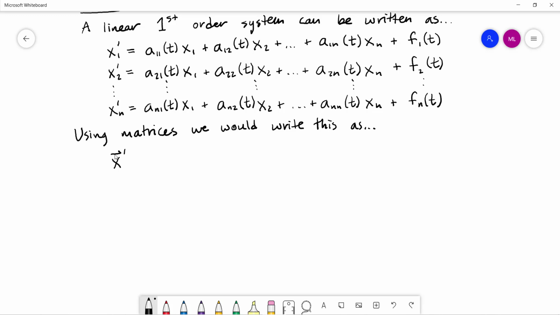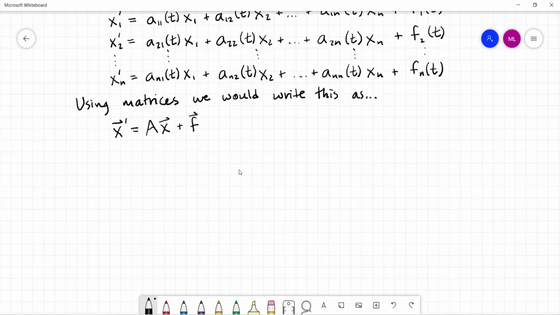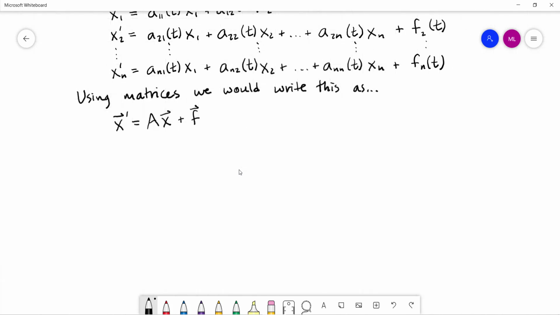So we'll talk about vector notation. You've seen it if you've taken Calc 3, but you may not have seen it otherwise. It's typically covered in most trig classes as well, as a side topic. But basically this x vector is going to be the vector that contains all these x's. So we'll define it in just a minute. So we have this x vector prime is equal to A times the x vector plus some f vector. So we can write this whole thing compactly in this form as long as we define all of these terms